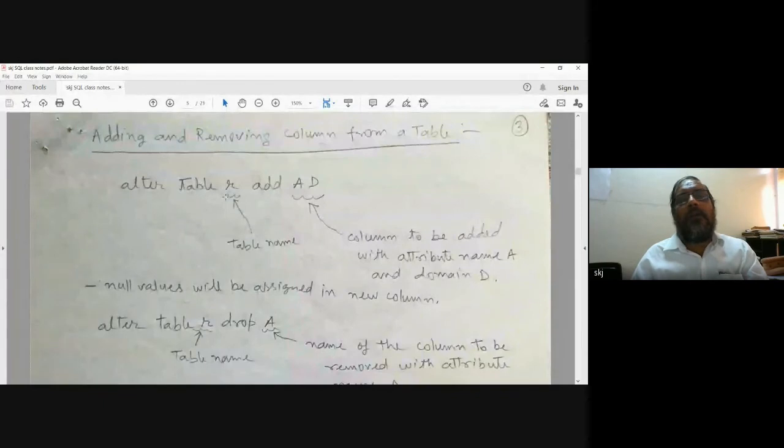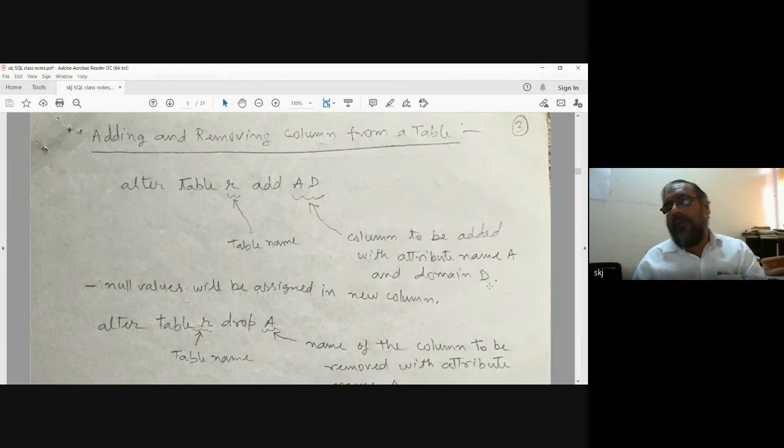So we have added one more column, and column name is A, and its domain is D. This R is the table name, and the column to be added has attribute name A and domain D.